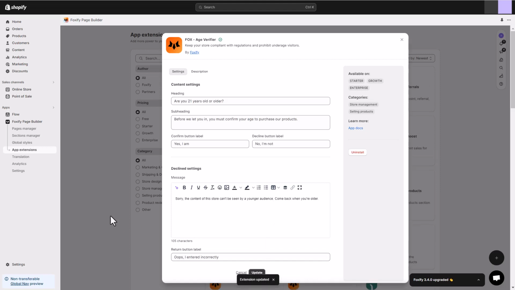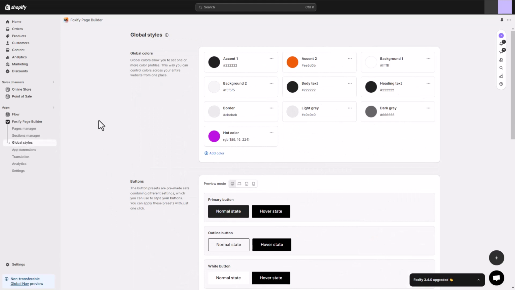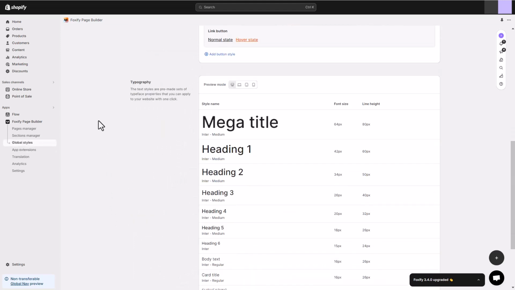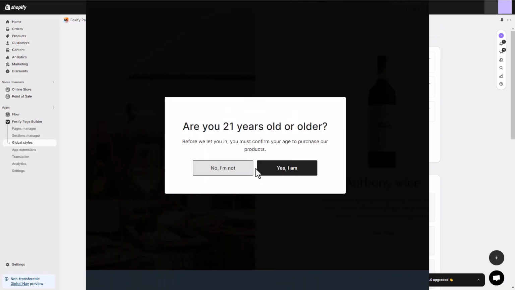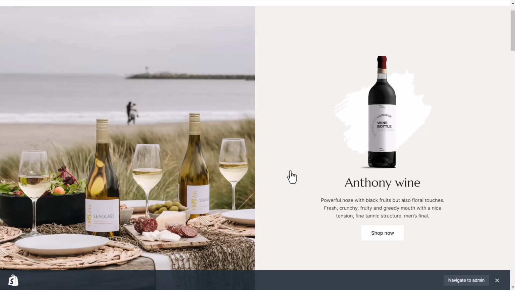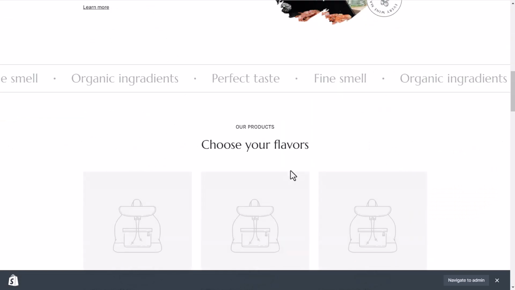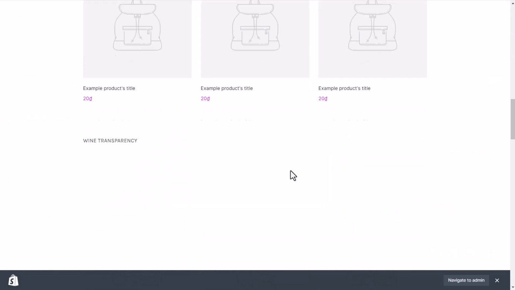The styles of text and buttons are based on your global style settings. To learn more about this powerful feature, check out our video for it. That's all. With the Age Verifier extension and Foxify, you can easily implement a secure and user-friendly age verification system